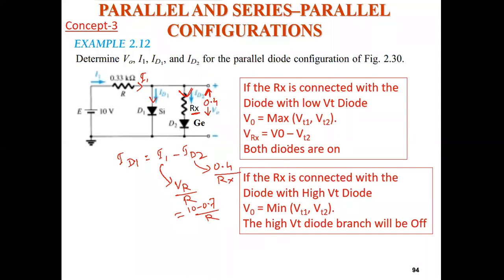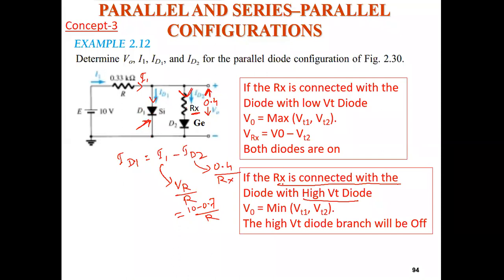One more thing also I have written that if Rx was connected with the diode with high VT, that means now suppose this question was changed. Okay, ये जो Rx रजिस्टर है ये सिलिकॉन के साथ लगा होता, तो उस टाइम पे क्या होता? तो जो सिलिकॉन वाला पाथ, that would not have been open. ओके, ओनली ये जो राइट साइड जर्मेनियम पाथ है वो ओपन हो जाता, क्योंकि जर्मेनियम पाथ तो 0.3 वोल्ट में ओपन हो जा रहा है और उसके साथ रजिस्टर भी नहीं. लेकिन सिलिकॉन के साथ ये 0.7 रिक्वायर करता है और उसके साथ रजिस्टर भी है, मतलब दोनों ही ज्यादा रिक्वायरिंग थिंग है. तो ऑब्वियसली इन दैट केस दिस पाथ 1 would not be open.